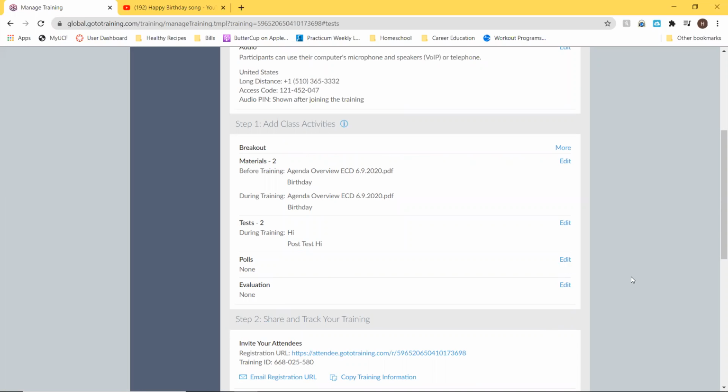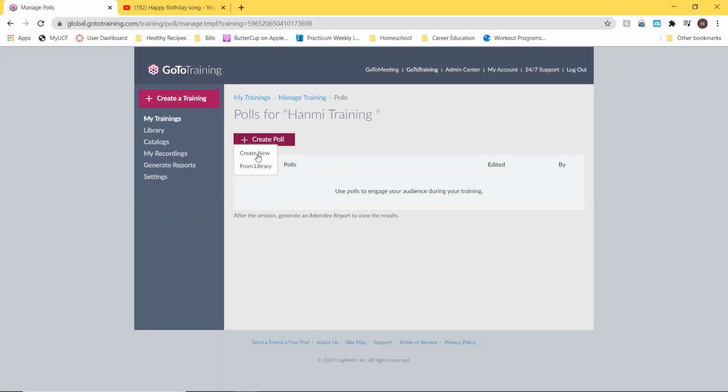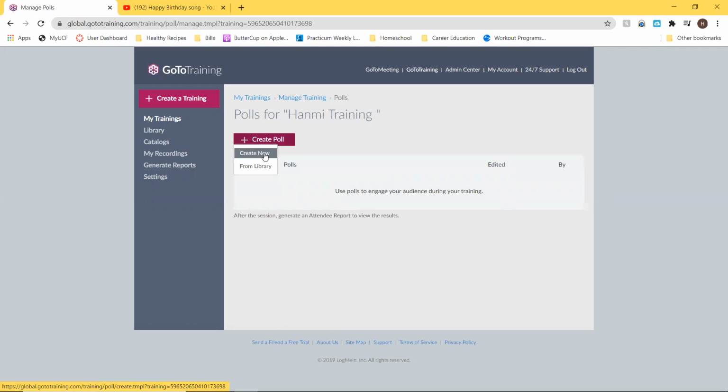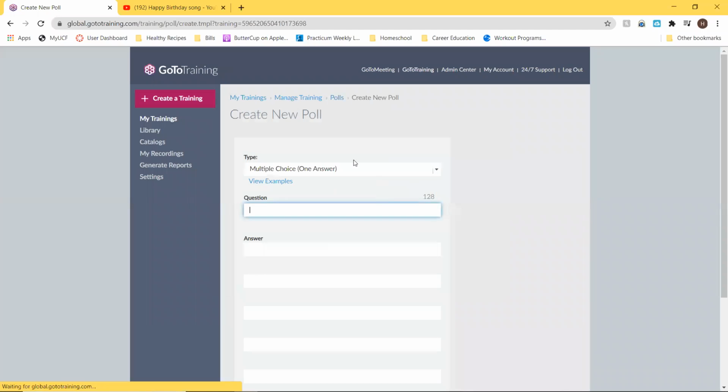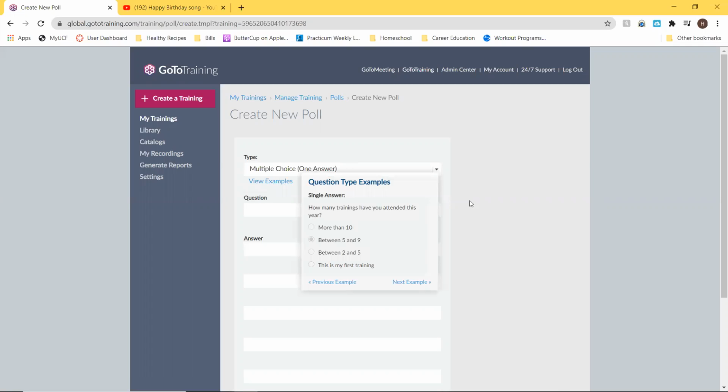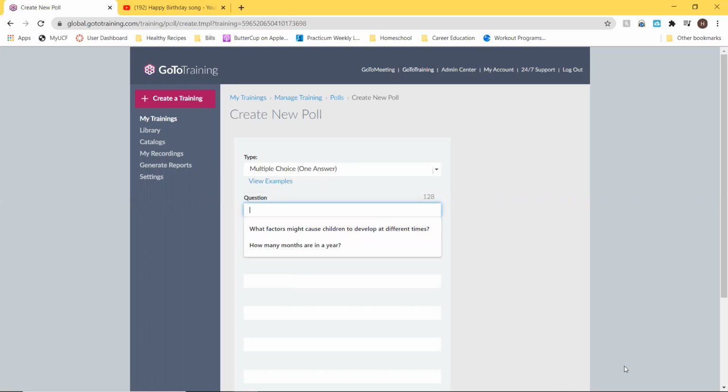Now we're in polls. So we go to edit, creating a poll. We can either create a new one or catch it from the library. So let's say we want to create a new one. Here's our options for different questions. Multiple choice, one answer, multiple choice, multiple answers. Okay, and the examples, once again, the question, let's say,